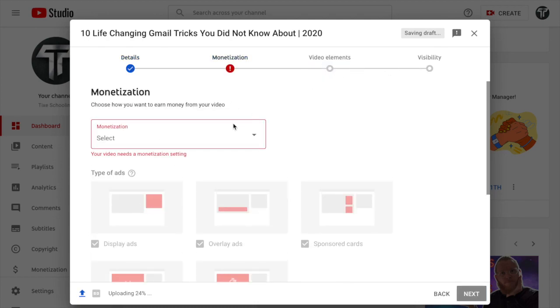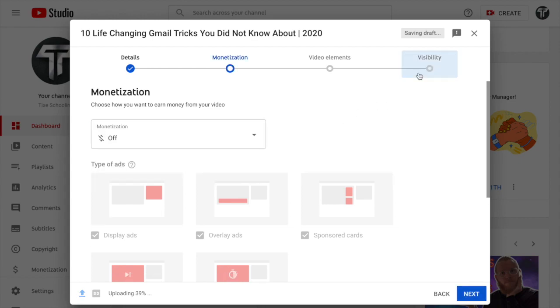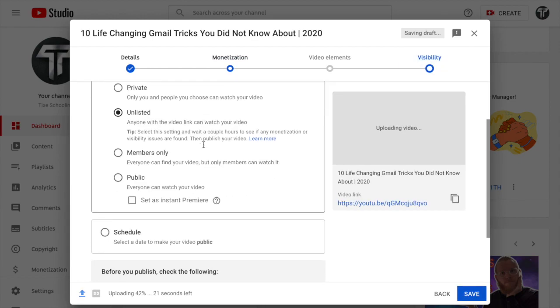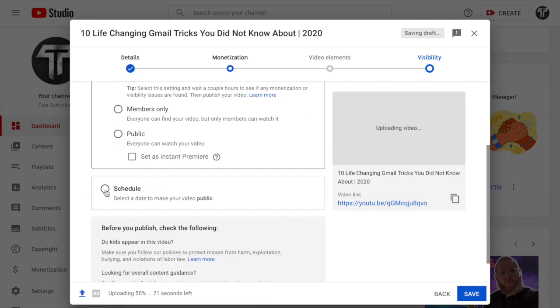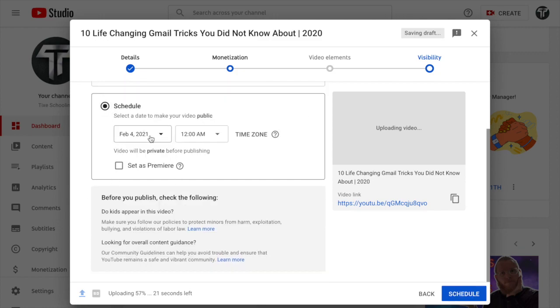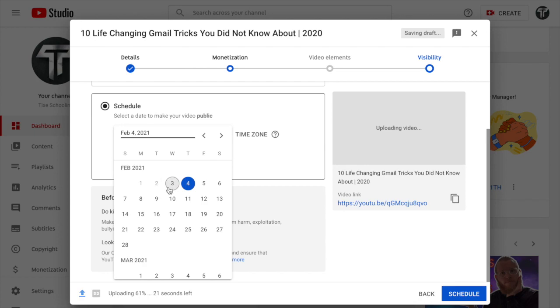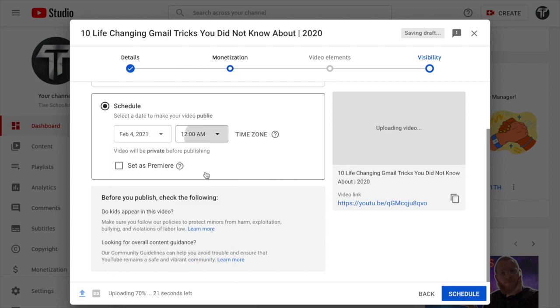go to visibility. Here you will see multiple options. Click on schedule and select any particular date that you think your video should be uploaded on, and select any time. And if you want to set it as a premiere, you can also set it as a premiere, which means